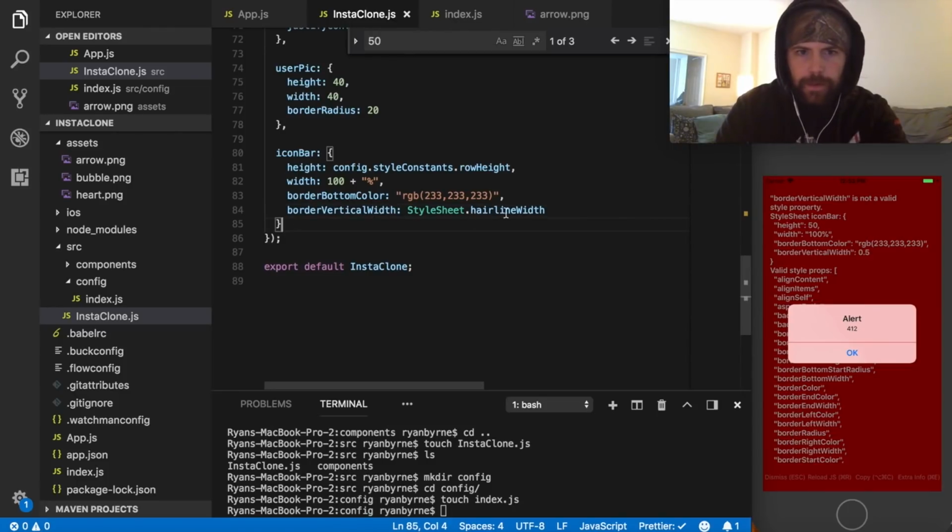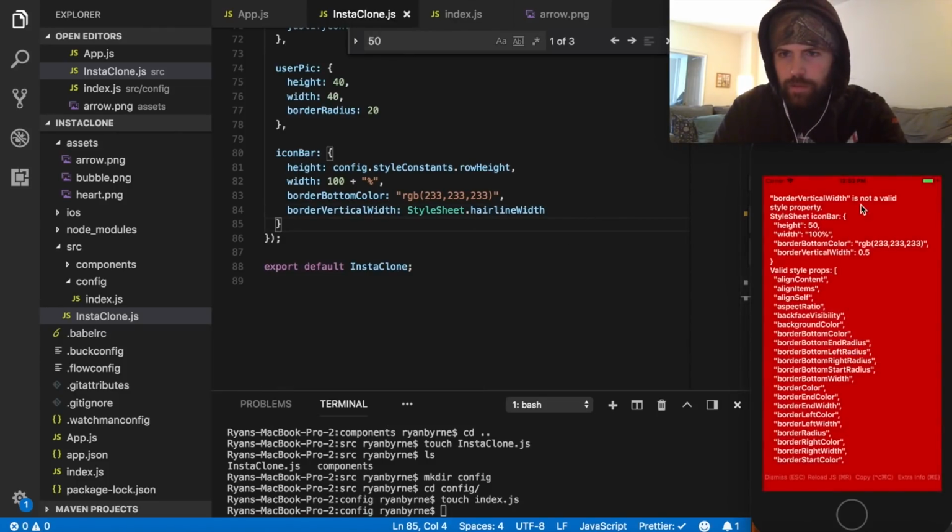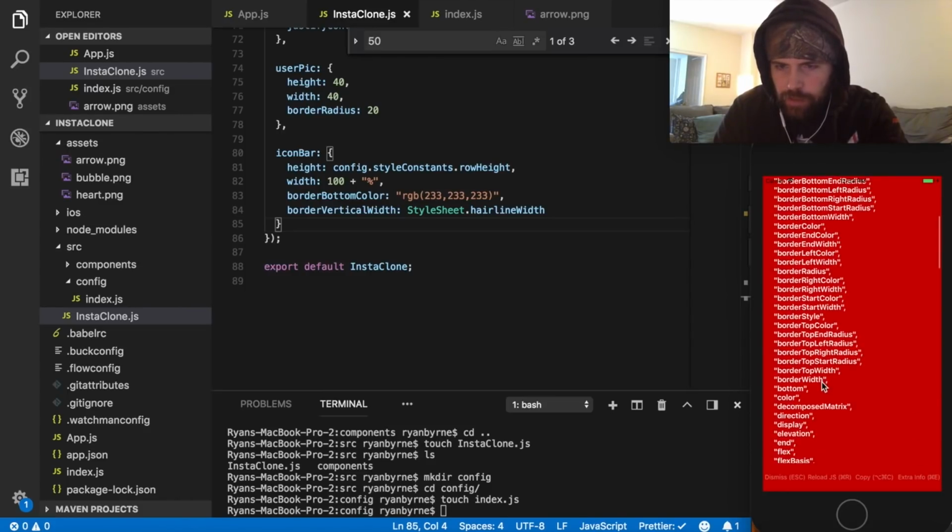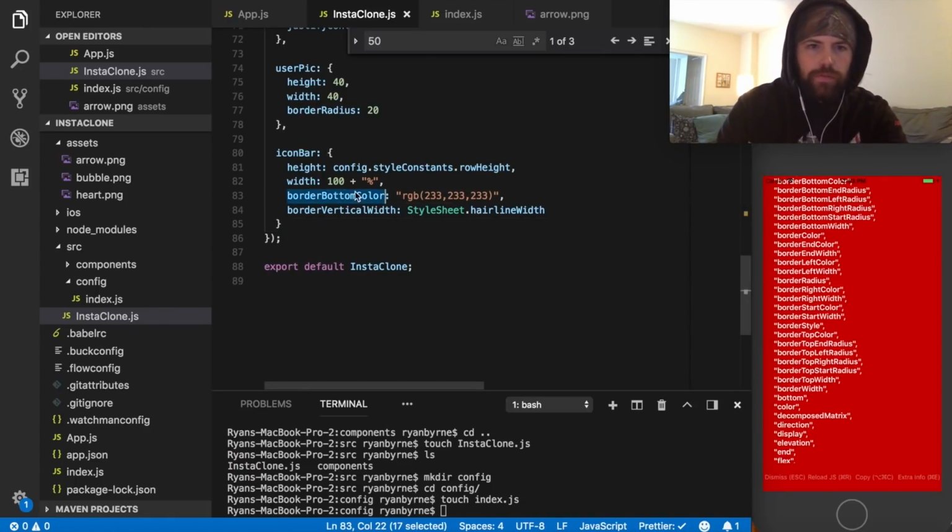And what don't they like? Border vertical width. Guess that only works on margin and padding, so we have to do